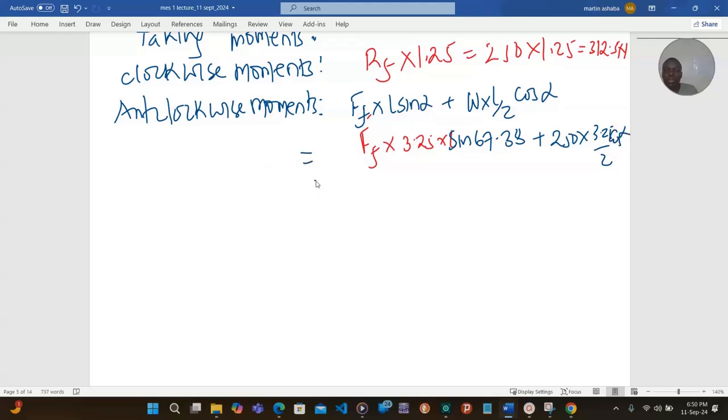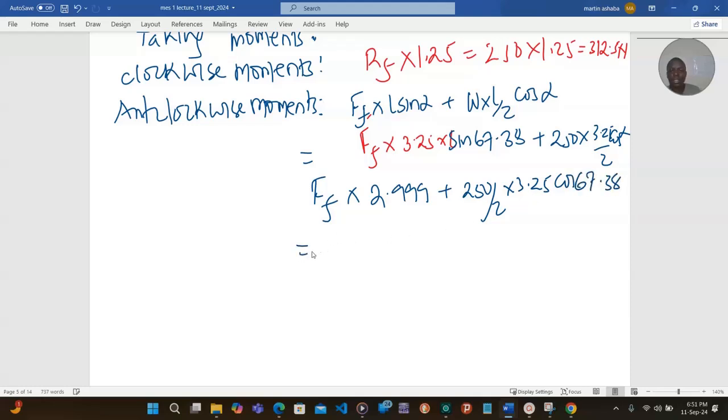So this will be Ff times this, which gives us 2.999, plus 250 divided by 2 times 3.25 cos of 67.38. So this is Ff times 3, because this is approximately equal to 3, plus